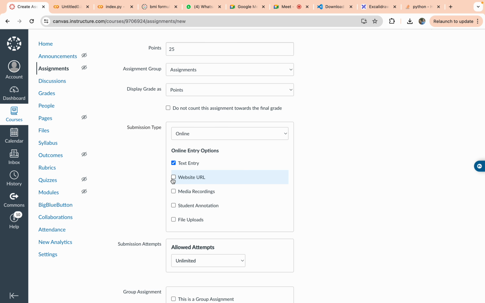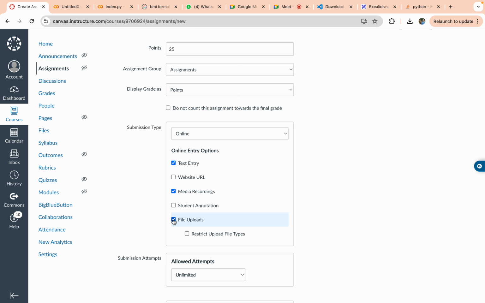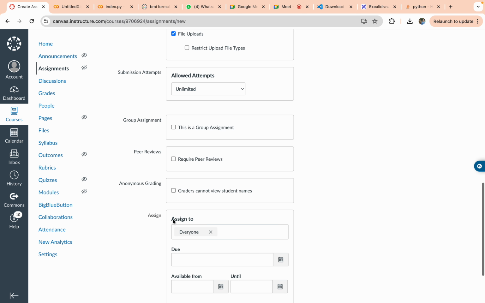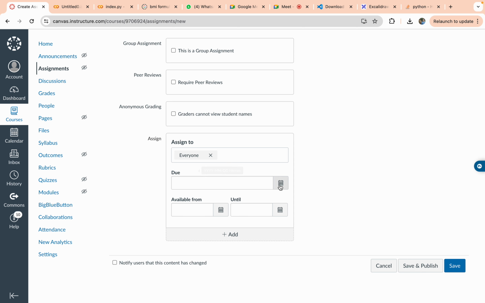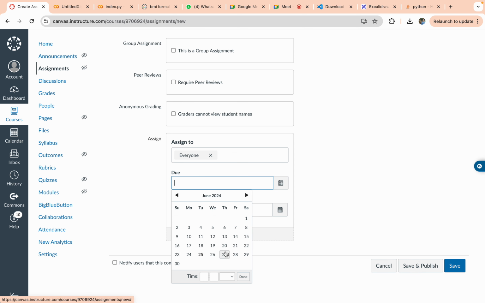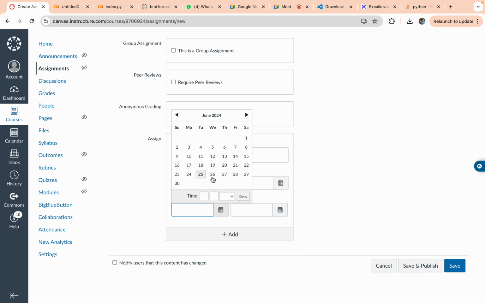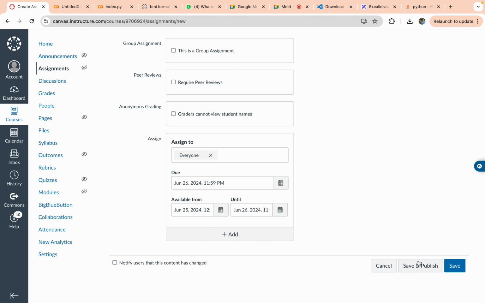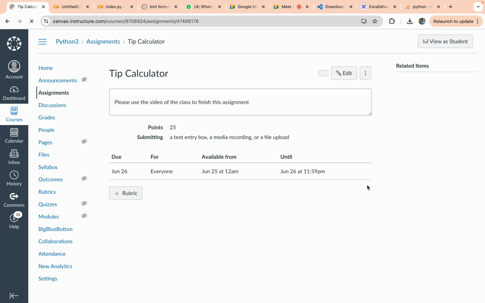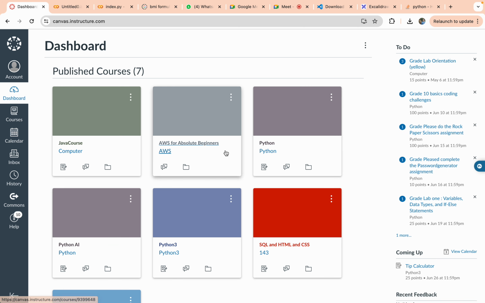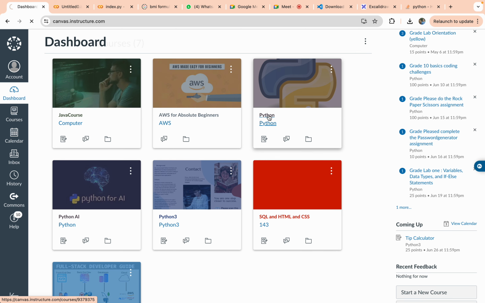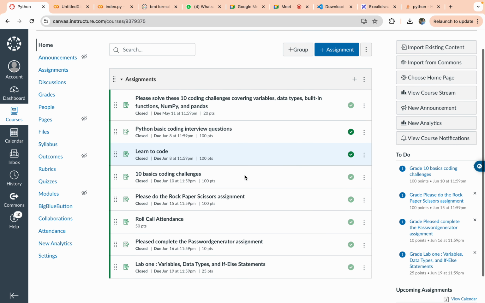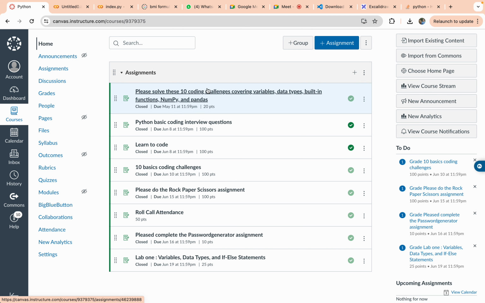You have text entry, media recordings, file uploads. The due date is tomorrow. It will be available today. So save and publish. Okay, I'm going to give some instructions. I'm going to post some instructions now. So let's say the first